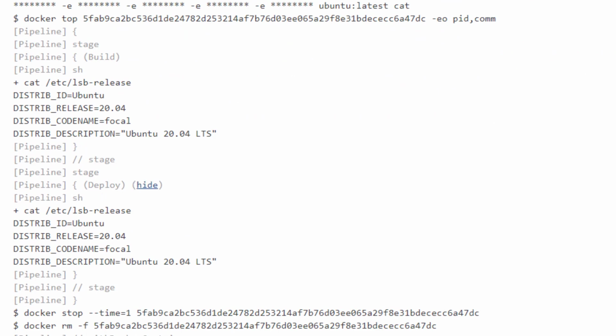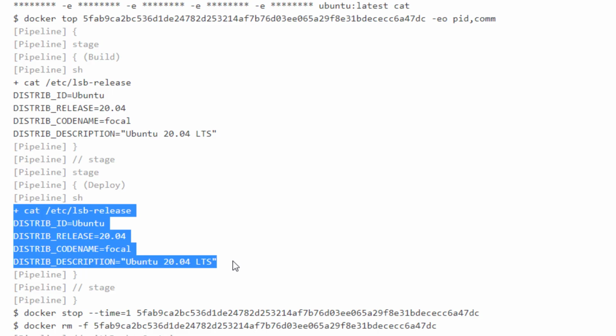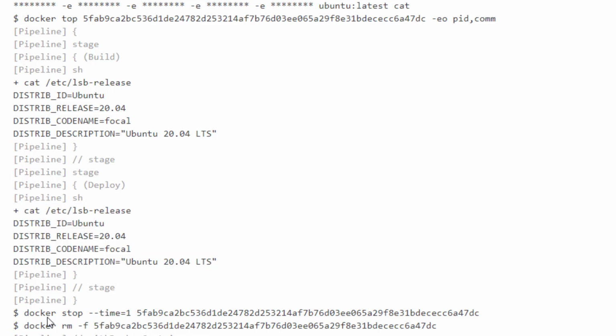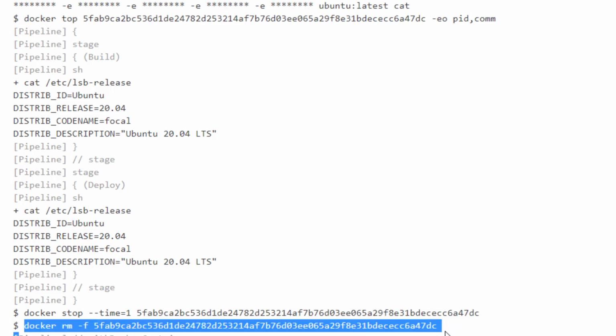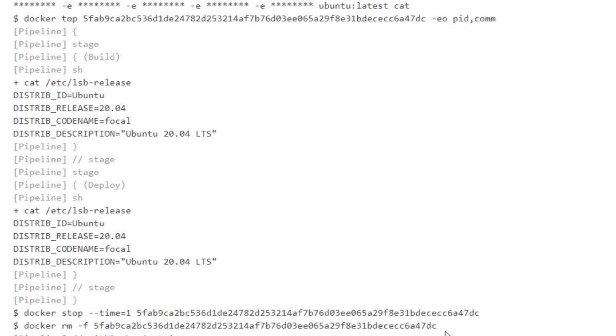Similarly, for the deploy stage also, it ran the same command, and all these details have been provided here. And once all these things are done, here you can see the magic: once docker has done all the activities, it is going to stop the container, and it is also going to remove the container. So that's the beauty of creating docker containers on demand, and it is also going to delete the container at the end. So this is a great saving from the infrastructure point of view.